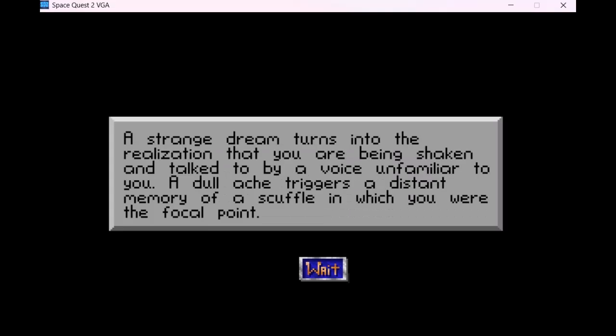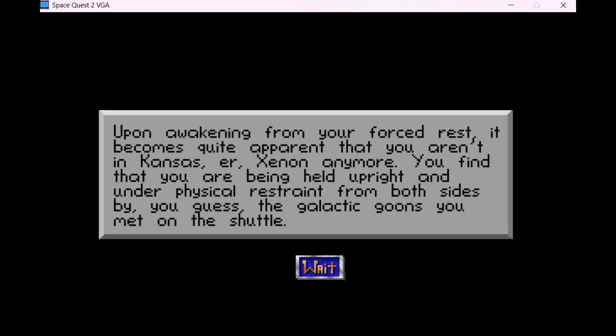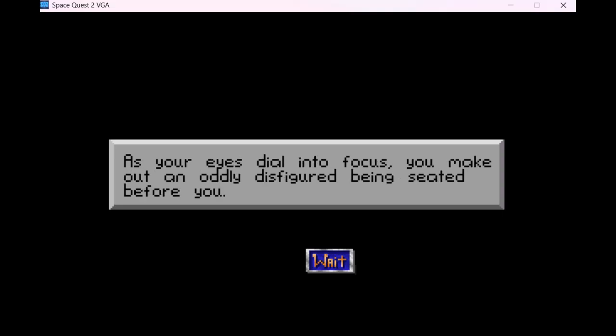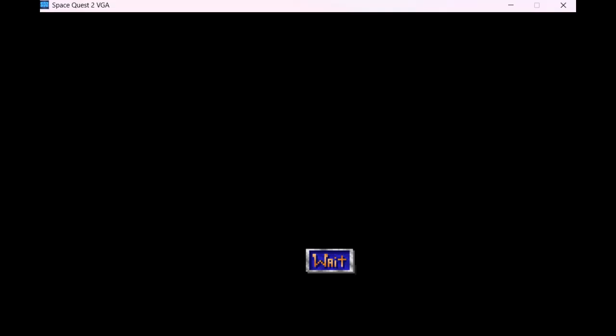A strange dream turns into the realization that you are being shaken and talked to by a voice unfamiliar to you. Upon awakening from your forced rest, it becomes quite apparent that you aren't in Xenon anymore. You find that you are being held upright and under physical restraint from both sides. As you try to struggle free, as your eyes dial into focus, you make out an...